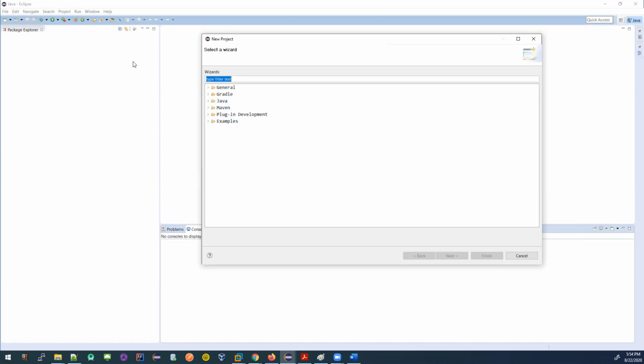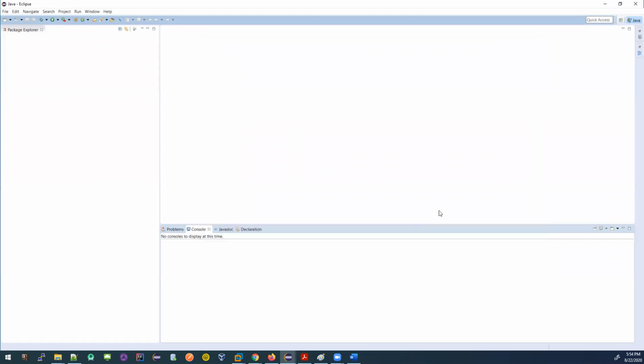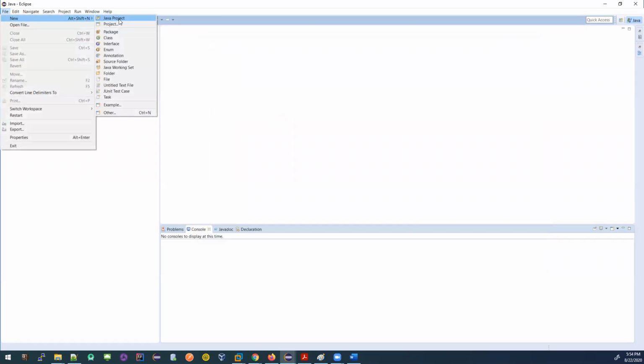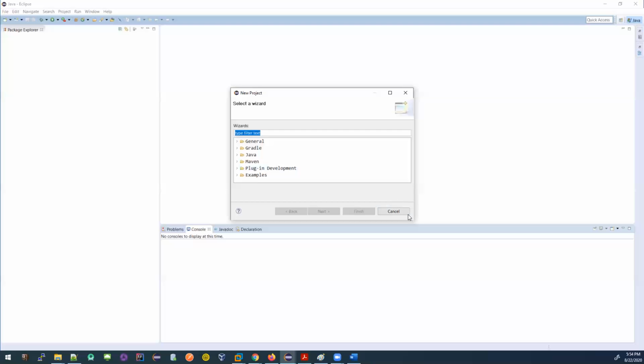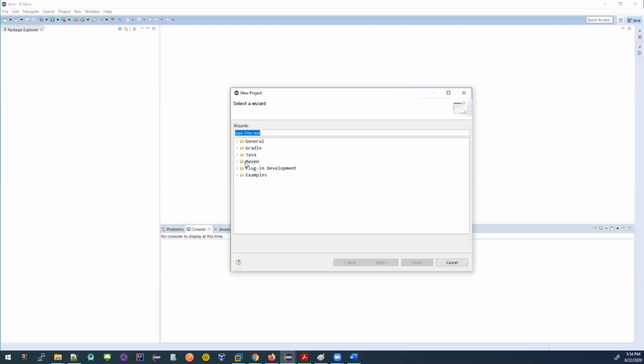If you have Java installed in your computer, you must see Java here. Then see the drop down. See, you also have Java project displaying in here. Some of you guys might not have it displaying the way it's displaying for me. I have the Java project right in here. You might have only Project. Okay. Then you will be doing this way. You'll come to the project, you go to Java, and then you select Java, and then go next.